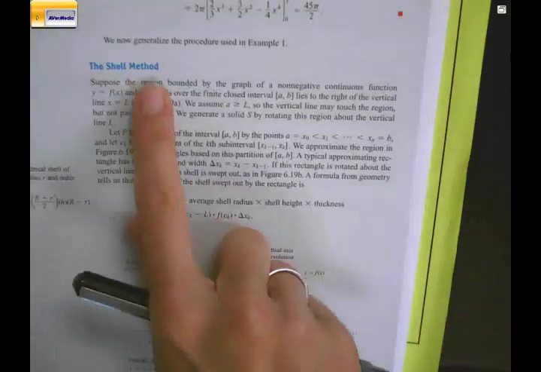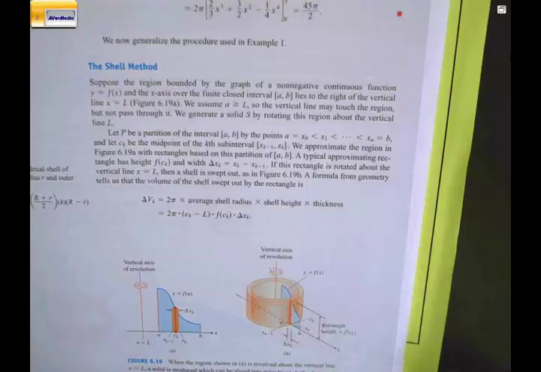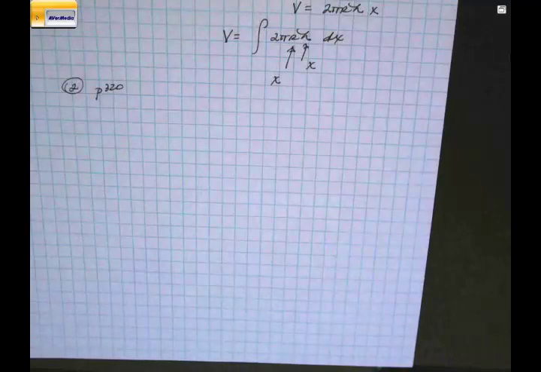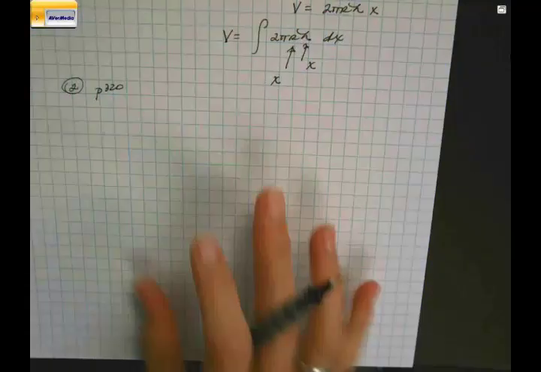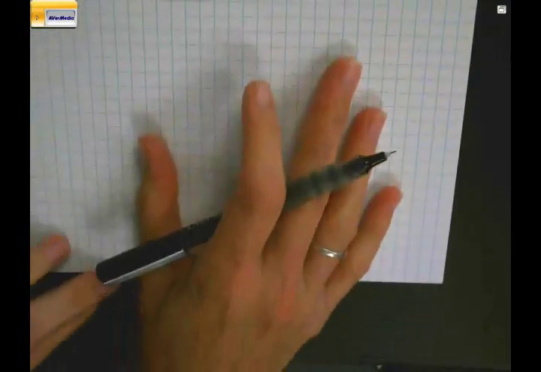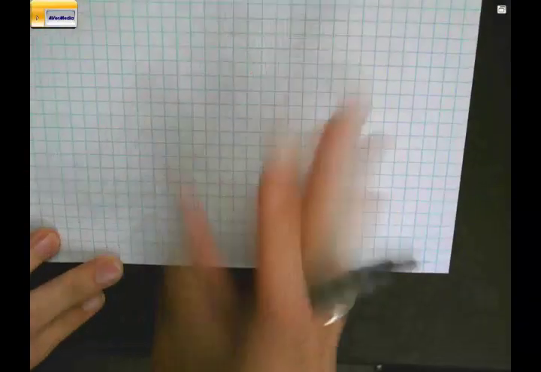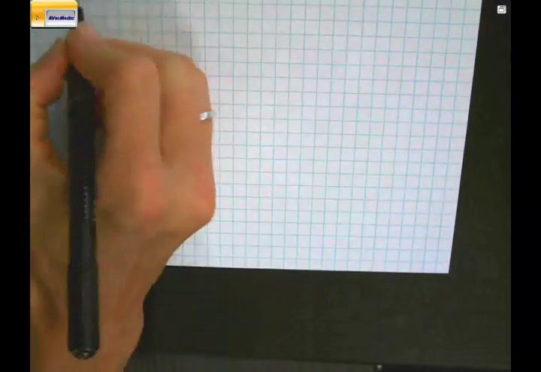And again, you can see the book, and all textbooks push what's called the shell method, but really it's cylinders, cylindrical shells that we're using to come up with the volume underneath the curve. So there's some pictures of it all. Hopefully that'll help you out a little bit. So now when we integrate,